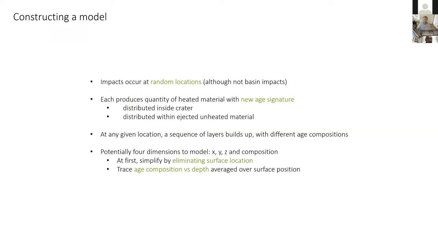So in building the model, what do we look at? Impacts, of course, occur at random locations on the moon, although it has to be said that in reproducing a model, we can't simulate basins as forming at random locations, because the basins that formed on the moon formed in the locations that they did. We could simulate a different moon where basins occur randomly, but if we're interested in biases which are likely to come from the particular basins, we need to simulate the basins as they actually formed on